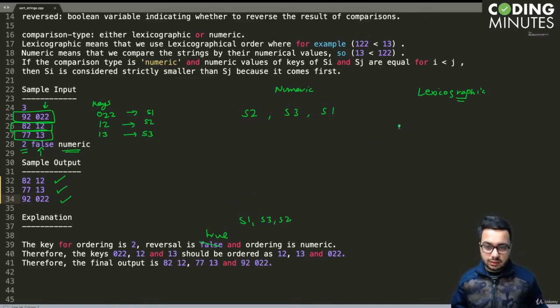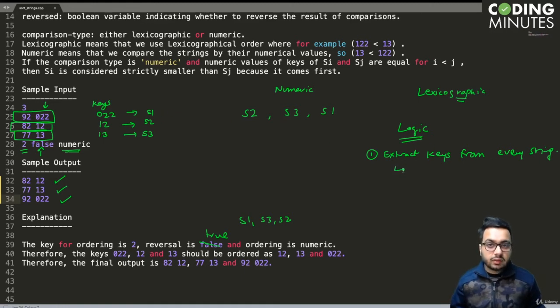Now let us discuss the logic, how we are going to solve this problem. It seems it's a pretty simple problem, right? The only thing we need to do is extract keys for every row. When you're going to do sorting, you're going to do a comparison based upon the keys. So in the first step, you need to extract keys from every row, from every string, right? Now you may ask how we can extract the key. How do we extract the second column or the third column?